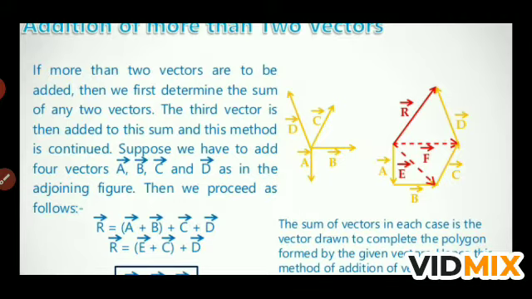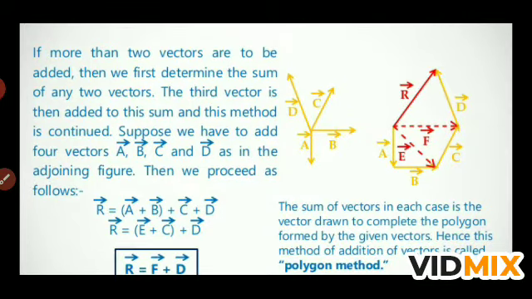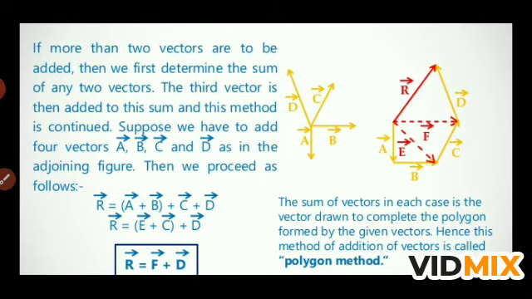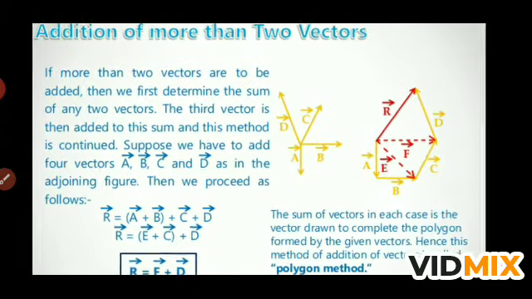Now again, vector C is drawn at the arrowhead of the E, and F is the resultant. At F, we had drawn the new vector D at the arrowhead of the F, and the resultant is from the starting of A to the ending of the D. So R is the resultant. Now in this way we can also add the given vectors. So R is equal to A plus B, first we had A plus B and then C plus D. So this is the resultant of more than two vectors. It is known as polygon method. In this way you can add the given vectors.